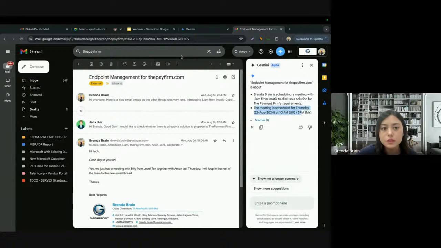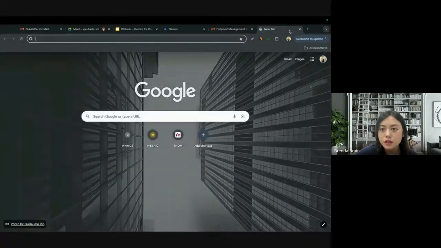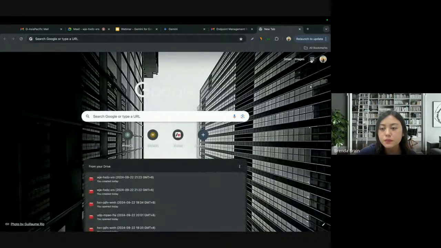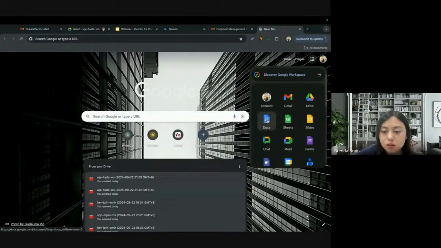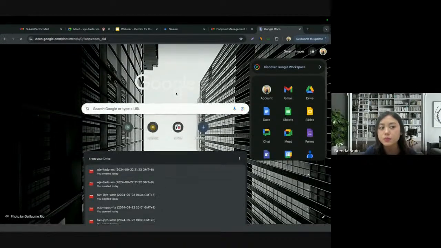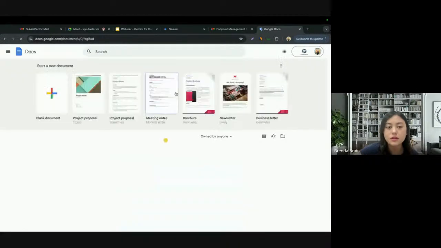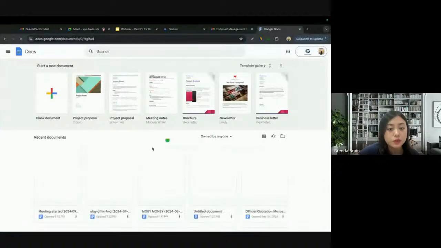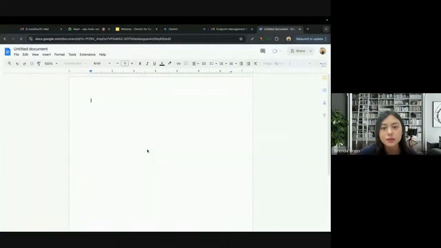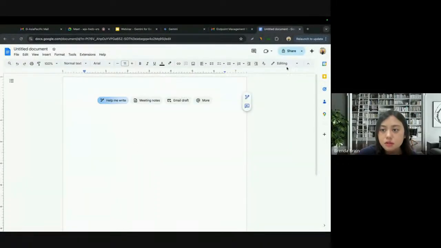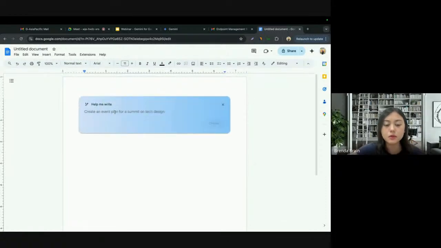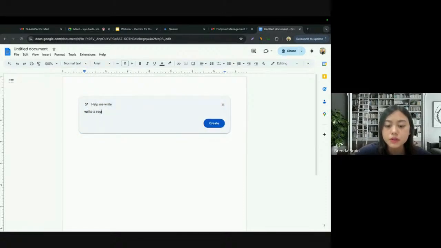So after this, we are going to move on to Google Docs. All right. So for the project before this, you need to come out with the report, right? So the same thing, once you open your Google Docs, you will be able to see it on the top right here, or here, help me write. So I'm going to ask Gemini to help me write a report